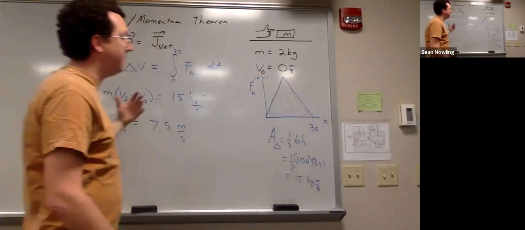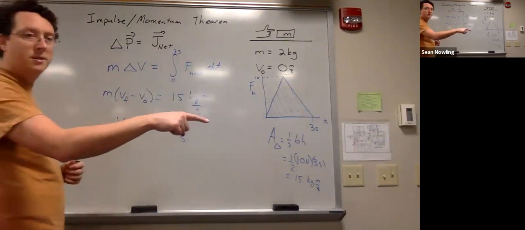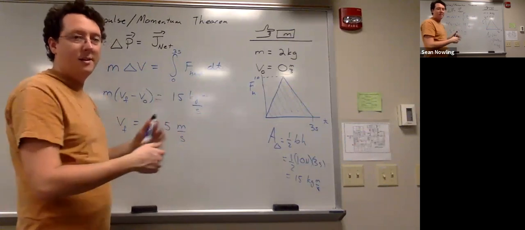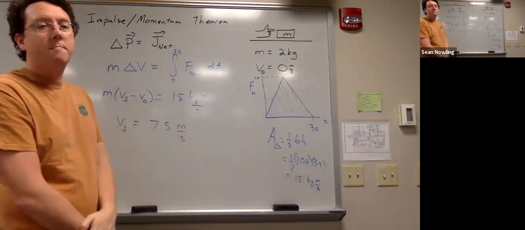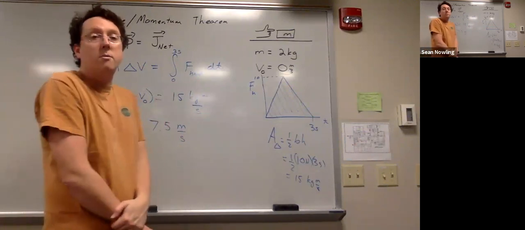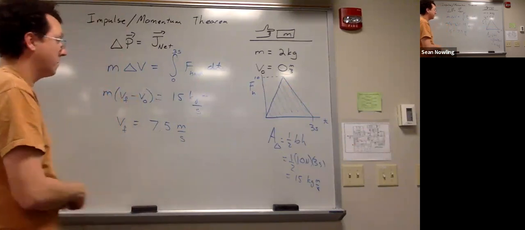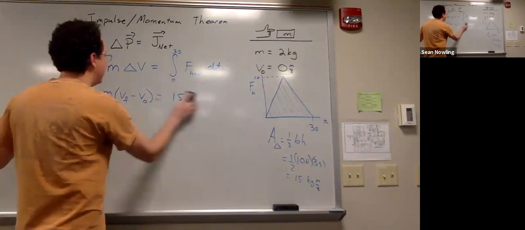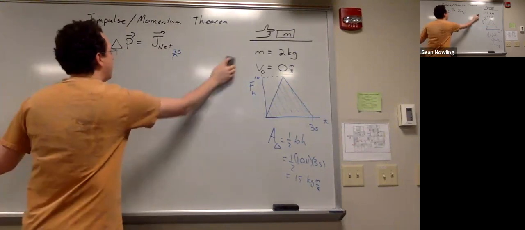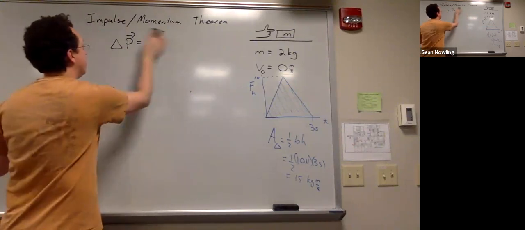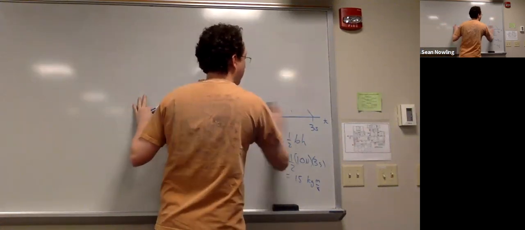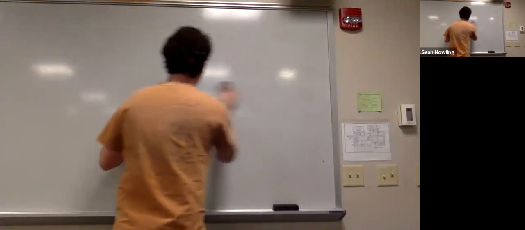So this is a completely different force, but by adjusting the magnitude, you can achieve the same final velocity. Okay. So those are 2 really simple examples of how you use the impulse and momentum theorem to calculate properties